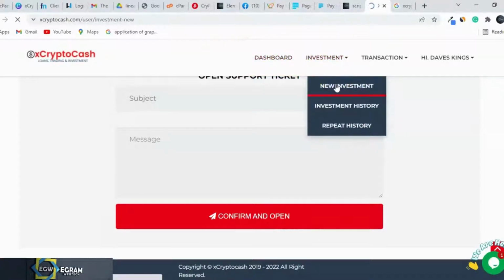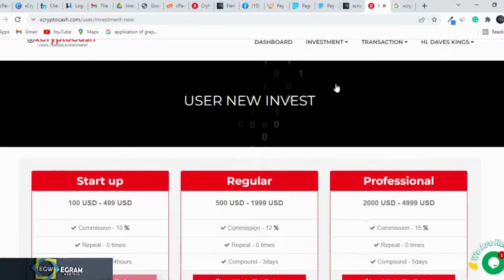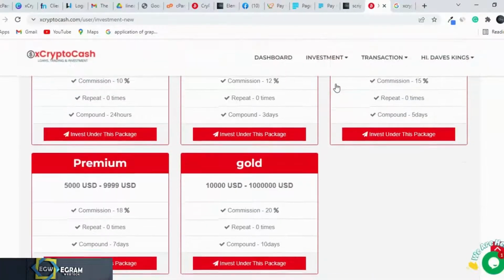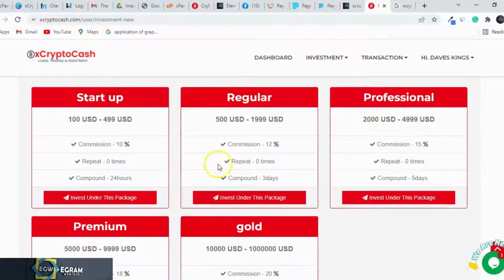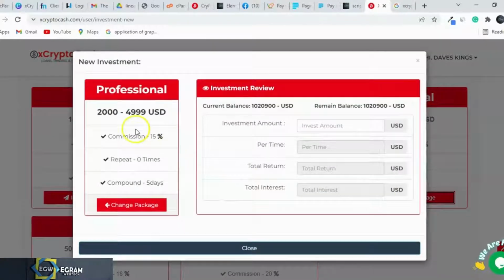You can also make a new investment. If you want to make an investment, you just come up here and select from these plans. You have different plans here. Let me select 2,000 and invest under this package. They will tell you the commission is 15% and doesn't repeat, and the compound is 5 days. Then you see the remaining balance.